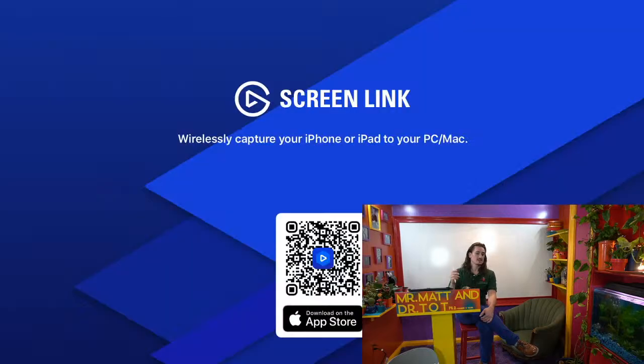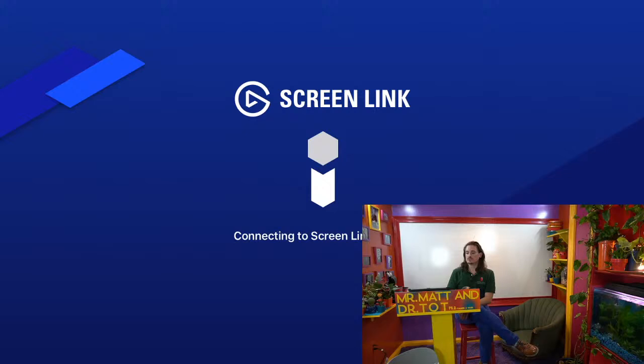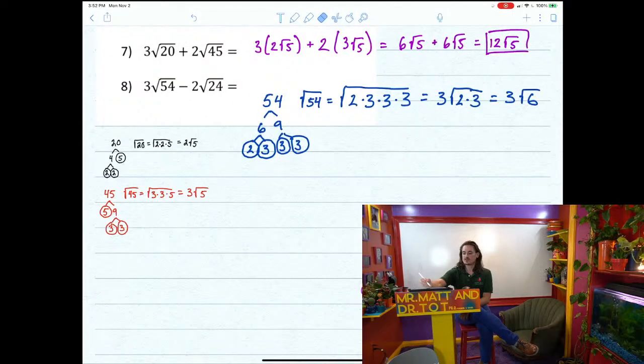So notice that sometimes that can happen, that not all of them will eliminate. And I'm sorry, my iPad just keeps on disconnecting there. But we're left with 3 times 2 times 3. So that's going to be 3 times the square root of 6. So instead of writing 54, I can write 3 times the square root of 6. So this is going to turn into 3 times 3 root 6 minus 2 times, now 24, I think my